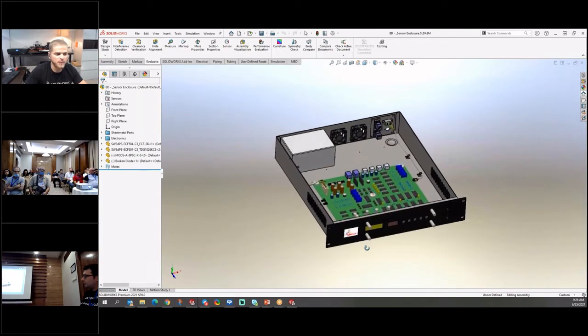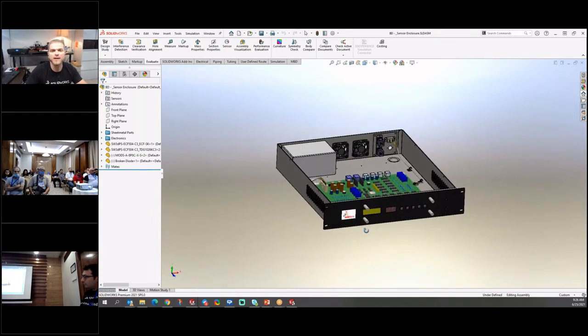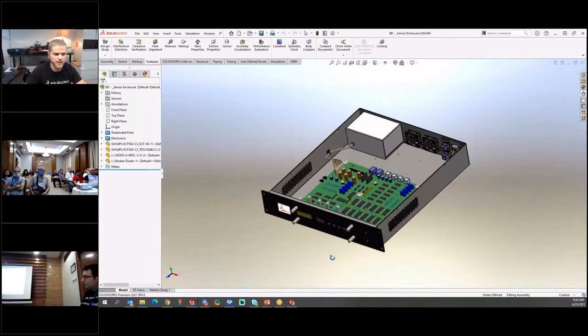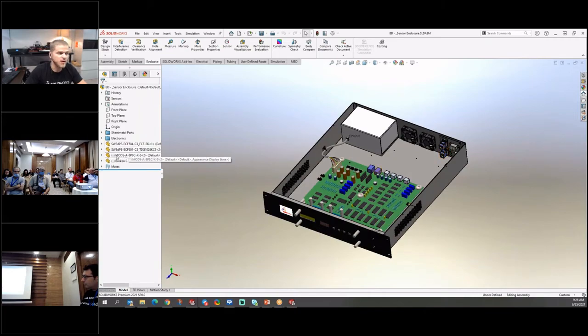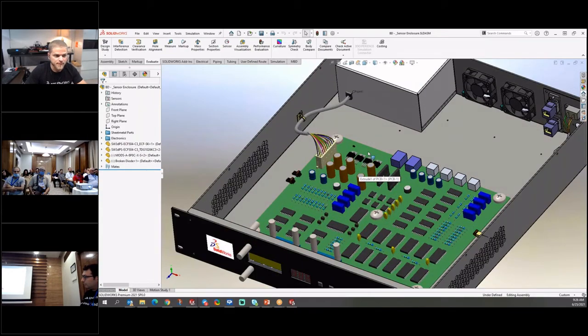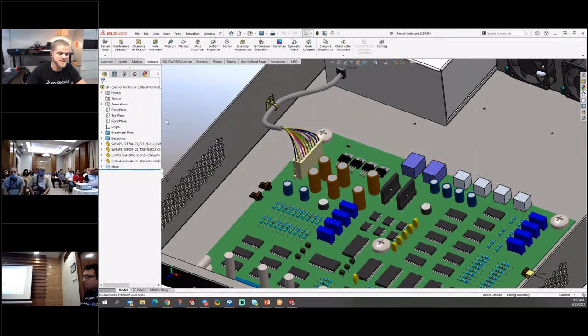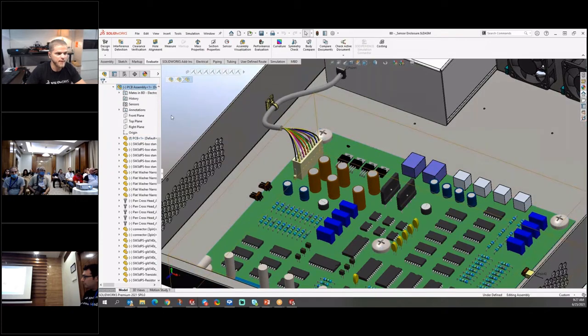And what you really want to look for in the assembly is what part is causing that problem. How do you narrow that down? How do you find out what part is causing that problem? The only real way to do it is start suppressing things. Start removing groups of parts. So maybe I would pick this entire board here.